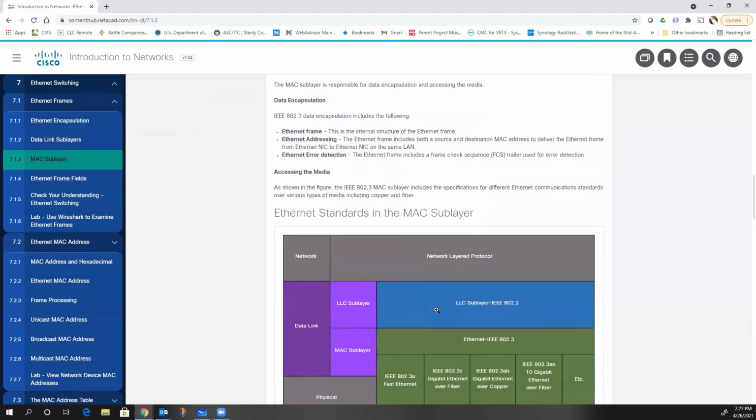Again, the MAC sublayer deals mainly with framing. So we're going to look at the structure of an Ethernet frame and how it is designed. We're going to look at Ethernet addressing, so MAC addresses and what makes up a MAC address. And then at the end of each Ethernet frame, there is what is called a frame check sequence, or a